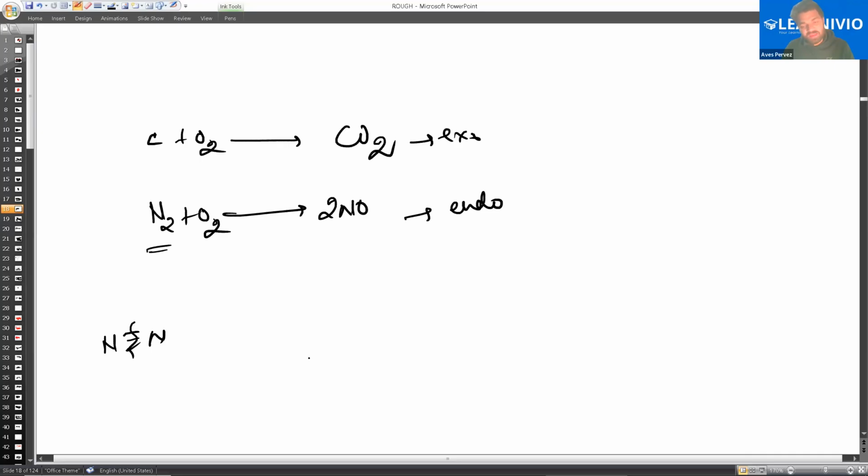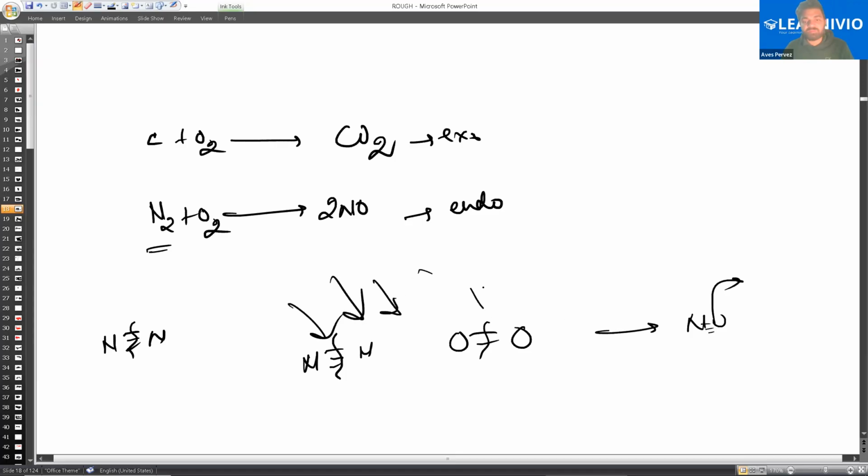But nitrogen requires a large amount of energy to break because it is already stable with a triple bond, and oxygen is also doubly bonded, and then you are forming NO. तो इतनी एनर्जी यहाँ पर रिलीज नहीं हुई जितनी आपने दी. That's why nitrogen does not readily react, that's why we fill it in chips packets. इस तरह के पैकेट्स में हम लोग इसको भरते हैं।